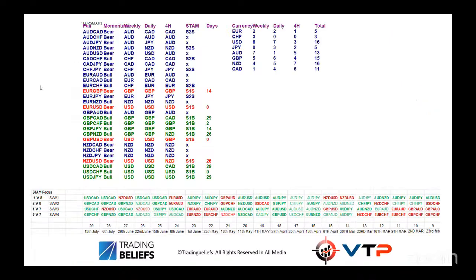If I look at the latest STAM plugin, this is just a screenshot from the plugin that you get on stage 2, telling us where it's giving us the latest numbers. Interestingly, the dollar remains top of the pile, but it is sharing it with Kiwi dollar. Kiwi dollar, the 4-hour chart, has shown a lot of strength. It's nicked that place away from sterling.